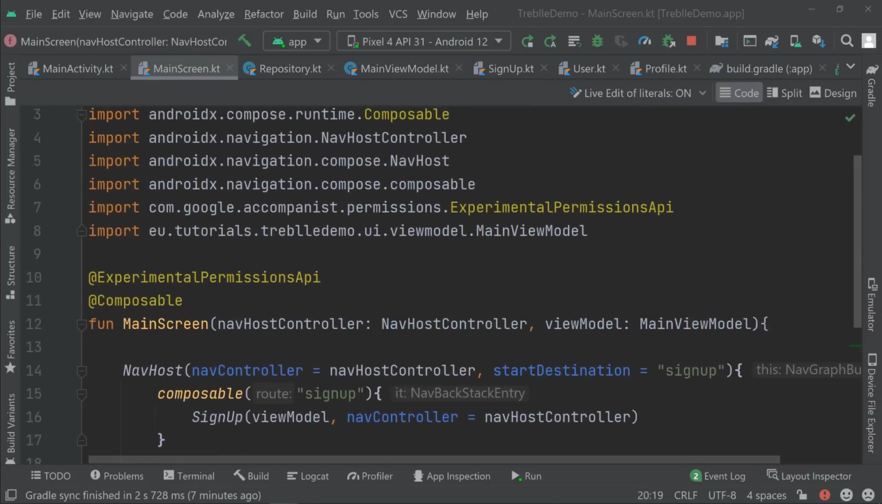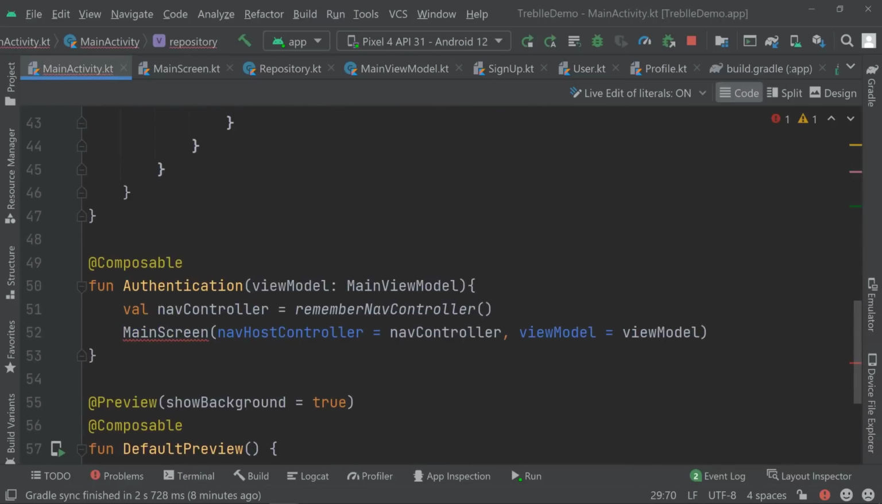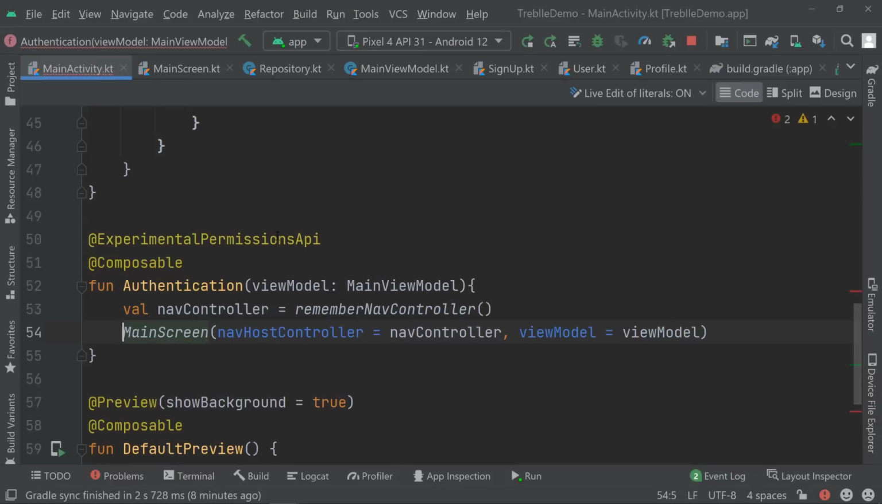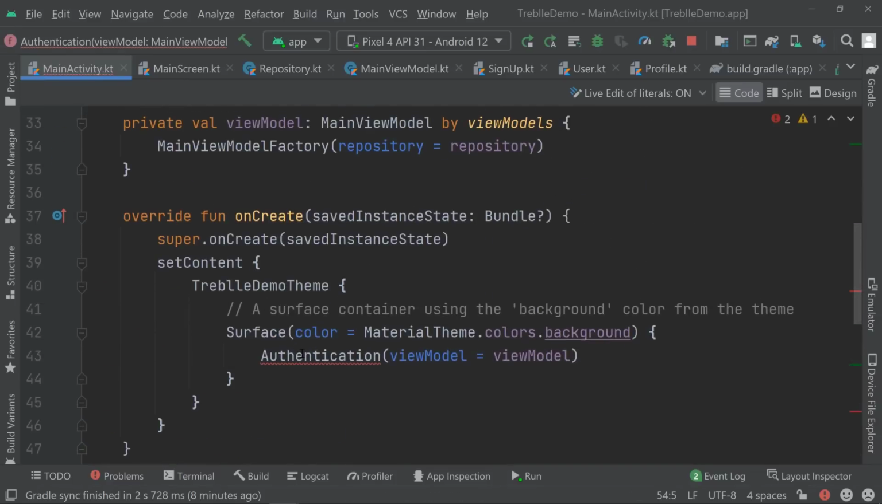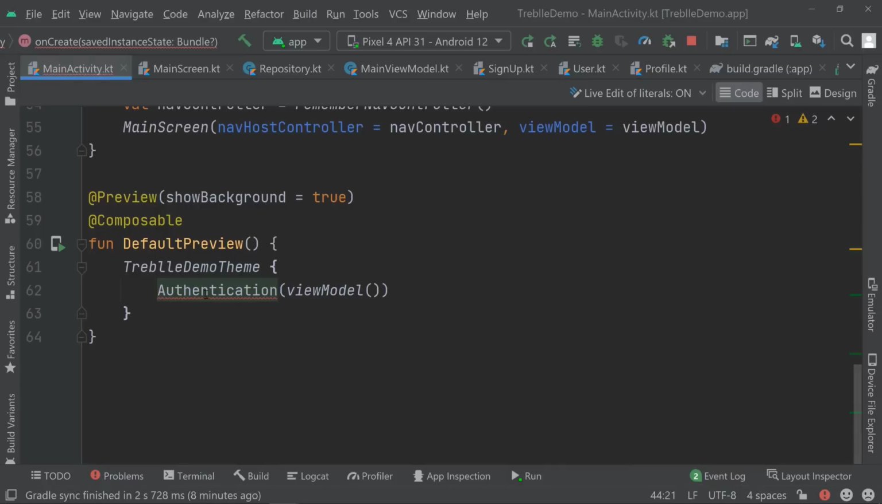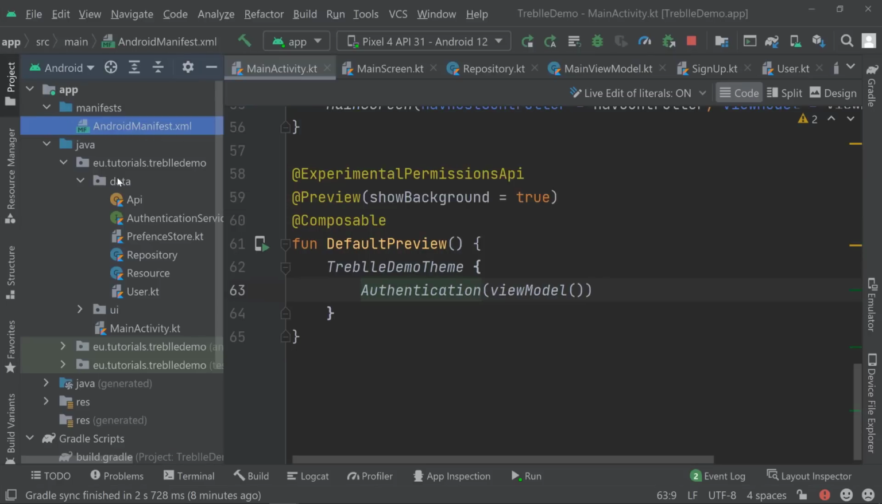Now we need to add it inside of, let me see, our main activity as well, because the authentication now also wants to have that. So here we are using it. So let's add the experimental permission, which means we need to also add it here for our onCreate, which means we need to add it here to our preview as well. And then we can go ahead and create a utils file or object,